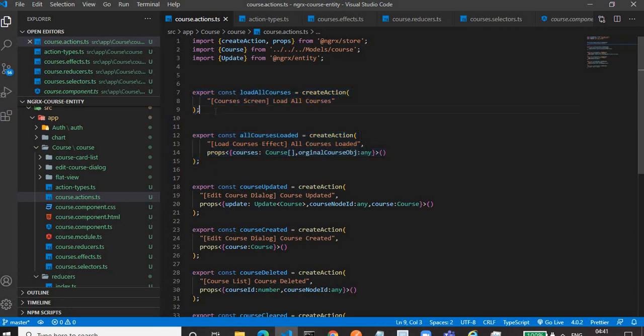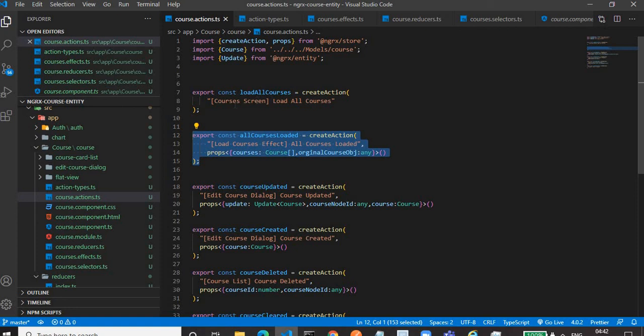The first action is used for fetching the data from the database with the help of an effect, because an Ajax call is an effect that should be handled by the effects module or effect approach. And this is the second action. This action has a payload. It is used for storing the list of courses that we have received from the database into the store, so that the user can subscribe to that store to get access to the list of courses.